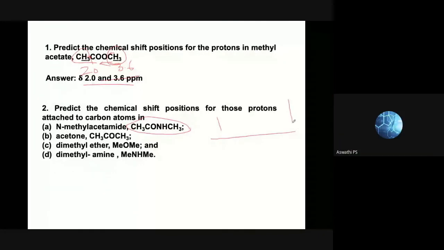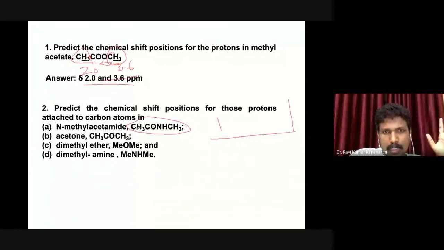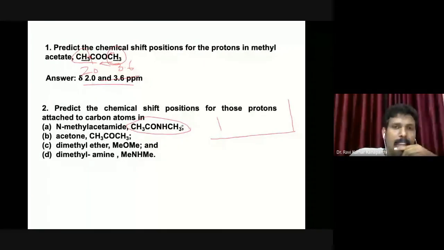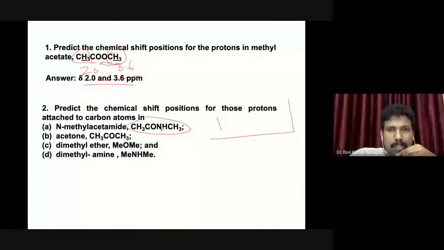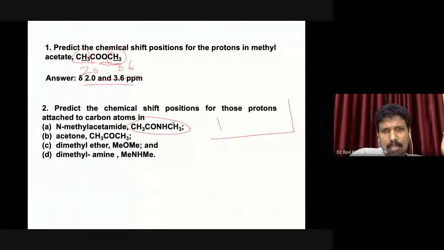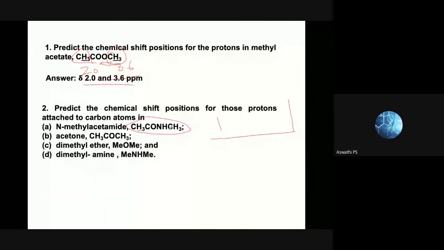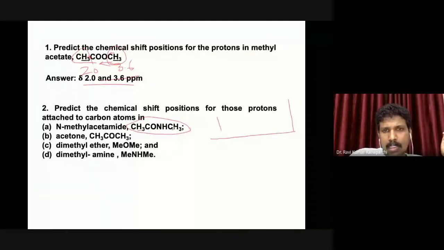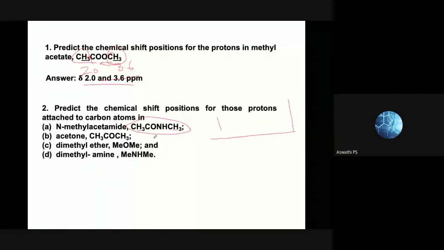So there are two possibilities. This is a methyl, and on the extreme right you have another methyl, right? That is the first thing that one has to look into. So NH proton, we will come to that later. First, there are two methyl protons on both sides. Now, this is connected to nitrogen, this is connected to oxygen. So what do you think? That this proton will be shielded or this proton will be shielded? I'm sure that you know the meaning of shielded.